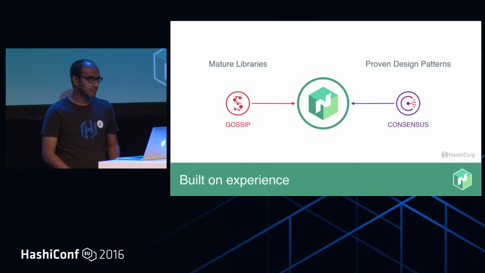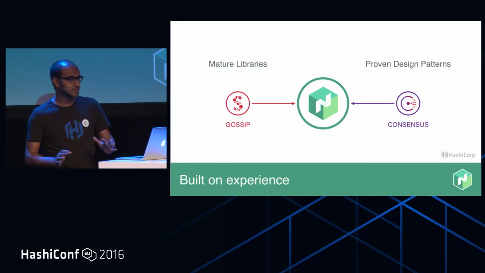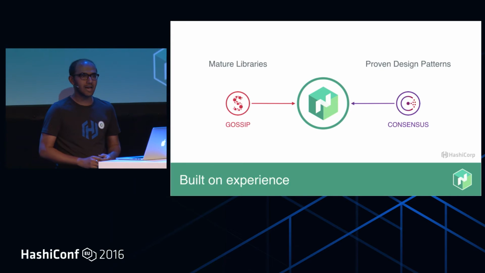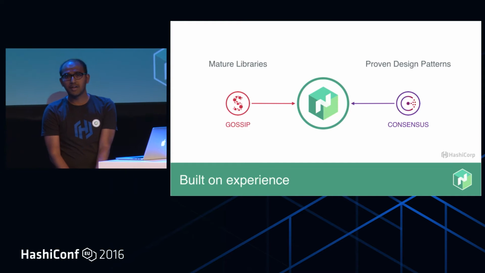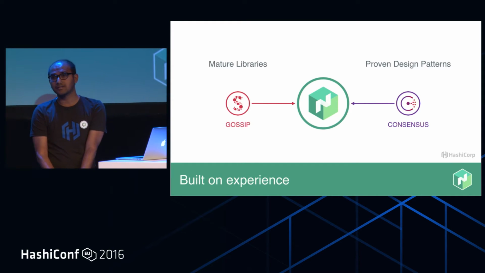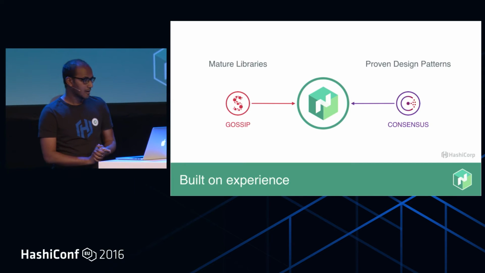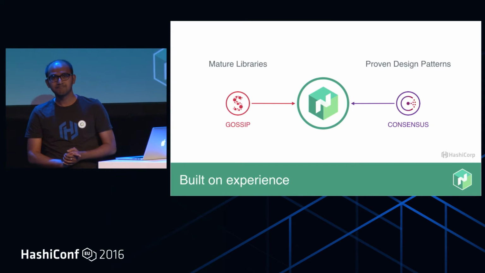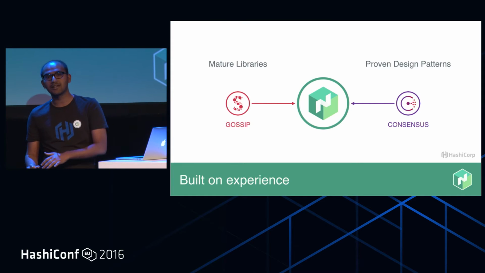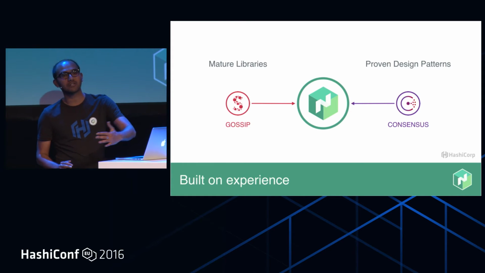So having done Serf and Consul, we had very mature libraries in the distributed systems space, which were proven, and we knew what to do. And we brought them together in Nomad, right? The only thing that Nomad didn't have at that point was good scheduling logic, good semantics around deployment of software, and good maintenance primitives. Those are the things that Nomad now brings to the table. So if you're already using Serf or Consul, or you know that Serf and Consul work really well, Nomad is going to take all that one step forward.